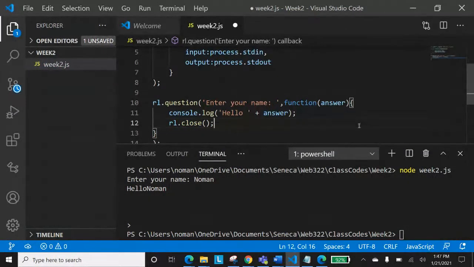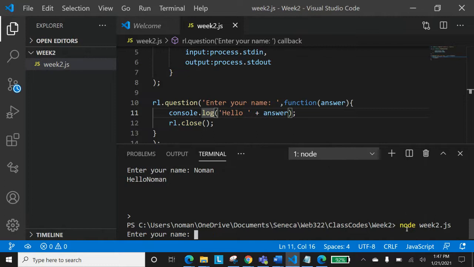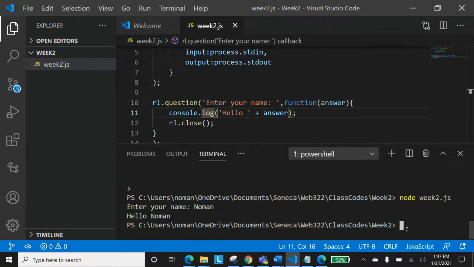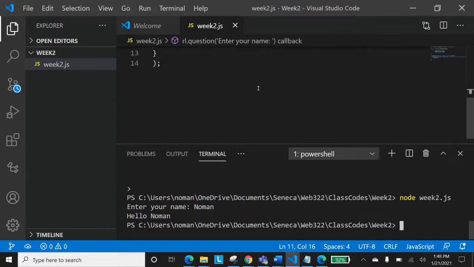It's still waiting for that question. So it is asking, maybe you're about to enter something else, and it's waiting for that particular thing. Now, if you run that, Control S, and now you run that Node.js. Now you see there, enter your name, Noman, and now we are coming out of it, right? So this one is the first method, and as I said, you can find in your notes that we are discussing how we can use Node.js methods and Node.js modules if you want to run your particular things.